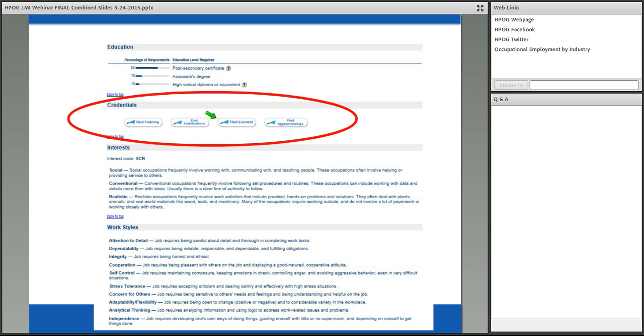Also, you can find information on licensing. That would be by state. You have to do a state search, but you can find the local licensing agency and get information on that. And then finally, if there are apprenticeships in your area, you can find out where those are and the contact information for them. Again, when you click on these links, you can go through to somewhere that will allow you to search by geography. To save time, I didn't show a screen capture, but when you go on the site, you can see how that would work.